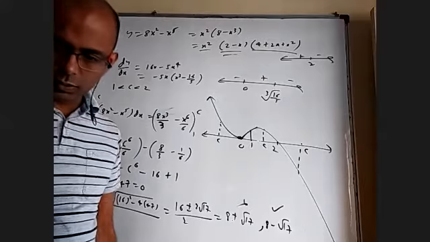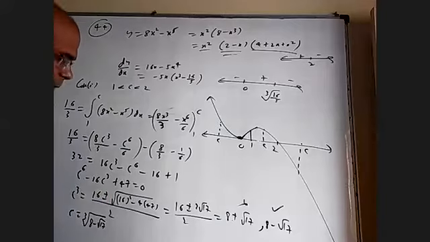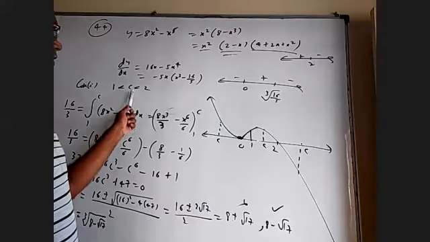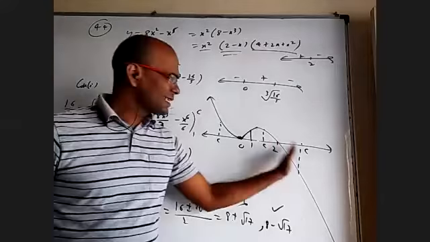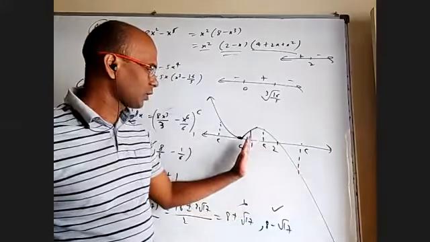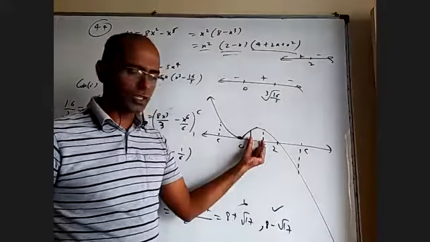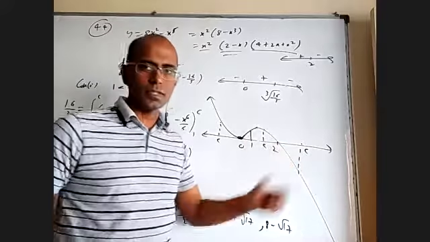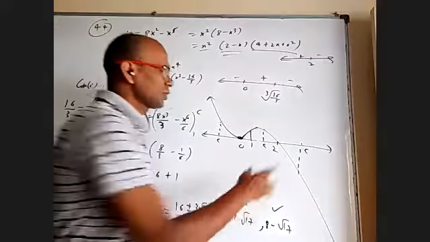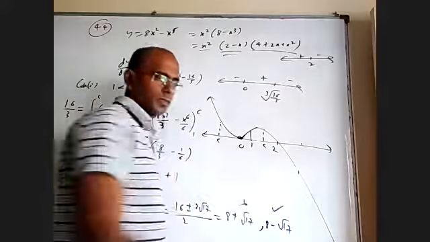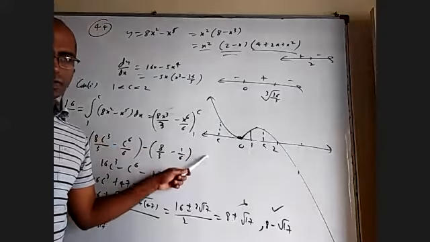Okay, is that answer there? Yes, option A. Option B looks like correct, but it is not, because the case is that when C is here, you cannot get the answer. I'll tell you why. Because up to here only area is 16 by 3. So when you take up to here plus another piece, it will be crossing 16 by 3. So there's no point in taking C here. But C on this side is very well possible.